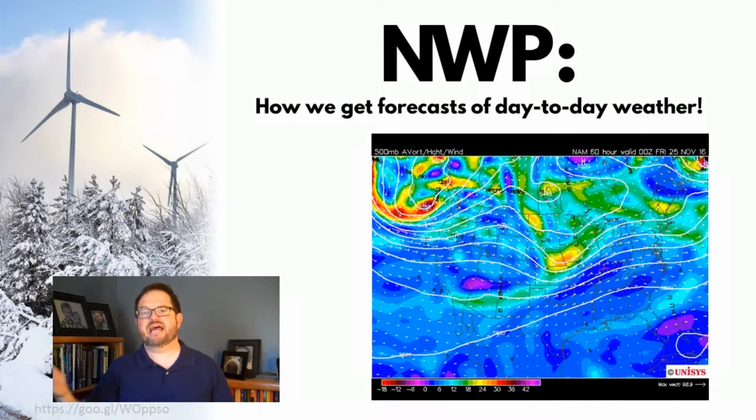This happens to be a 60-hour forecast of a particular model called NAM. NAM is this strangely named North American model. But anyway, it just happens to be how we get our forecasts of day-to-day weather. When you hear that it's going to be cold at the end of the week, this is how we know. It's actually somewhat interesting to ask what meteorologists actually do. Well, a lot of what we do is interpreting these models. We have a lot of models to work with. What's the right one to be using? How do we know? And so on.